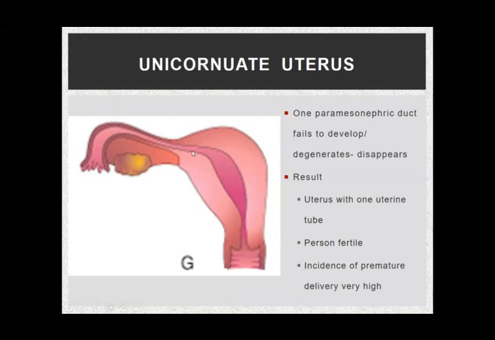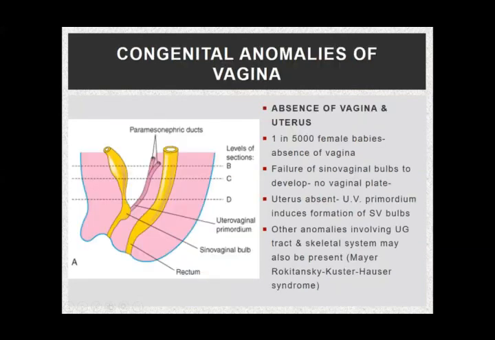In this case, the person is fertile, no doubt about that. But what happens is, since the uterus is small, the baby will not grow up to normal size. As a result, the baby is born prematurely. Okay? So, in this case, a very high incidence of delivering of premature babies is seen in these cases. ओके,